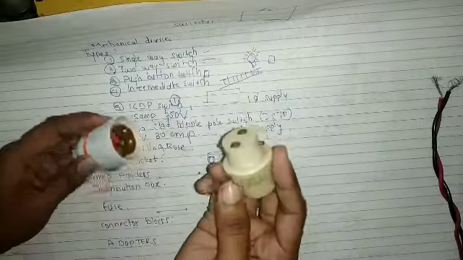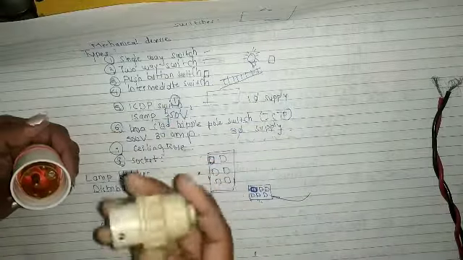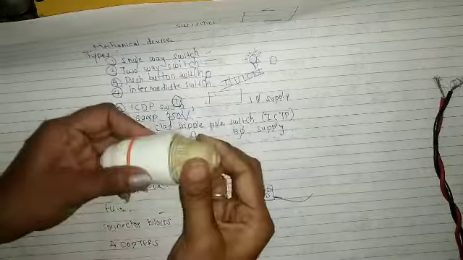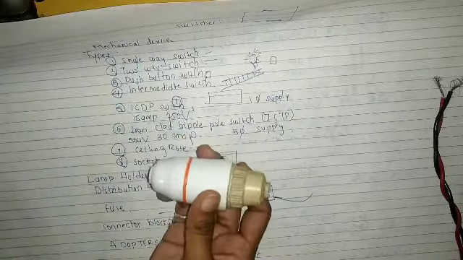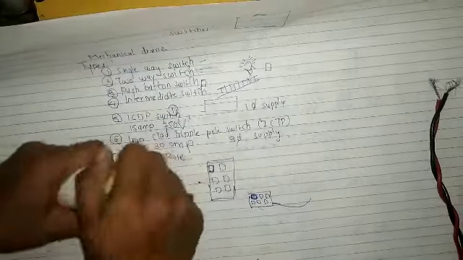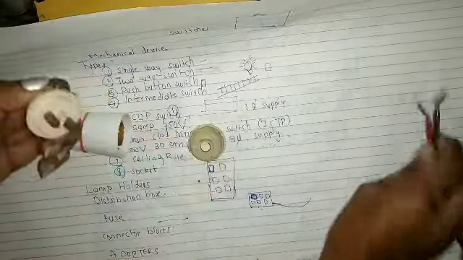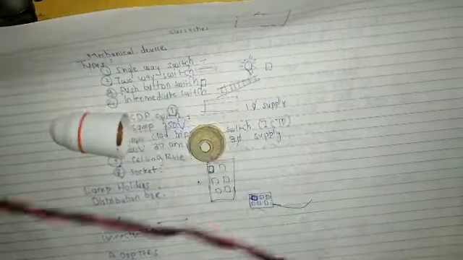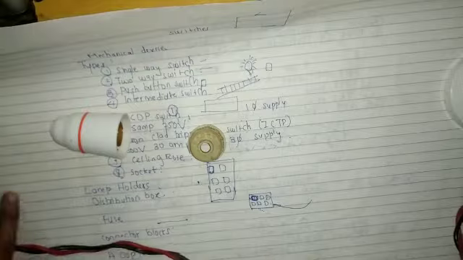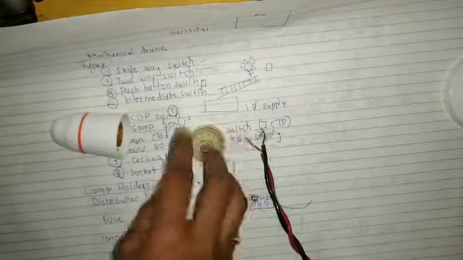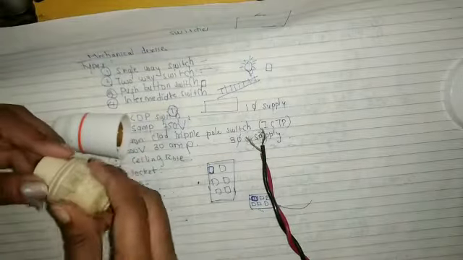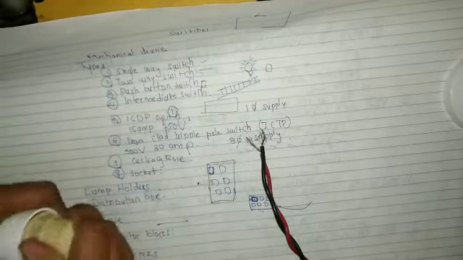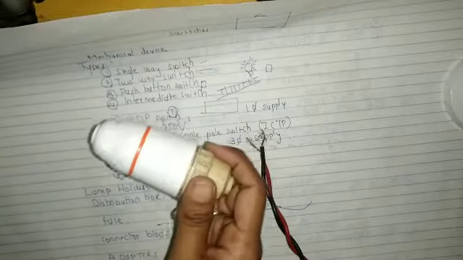So this is our adapter, right? What we have to do is insert it here. Okay, so this is how we insert it. And from this adapter we'll take the connection, we'll connect these wires here. And then we can use it for further connection, whatever we have to connect. So these are the adapters. We use these adapters for connections made from lamp holders.